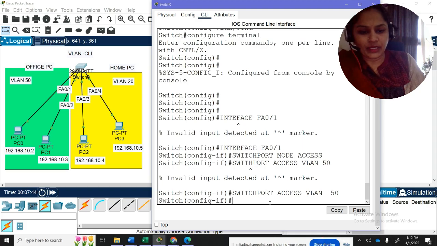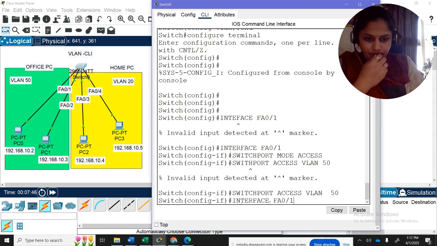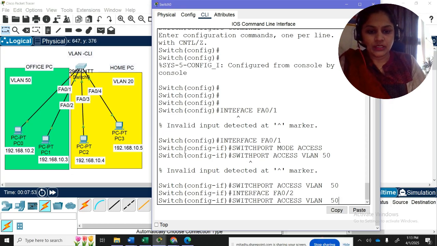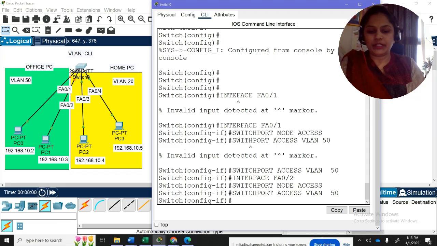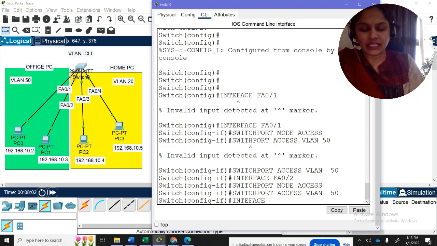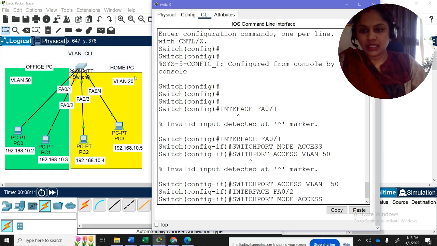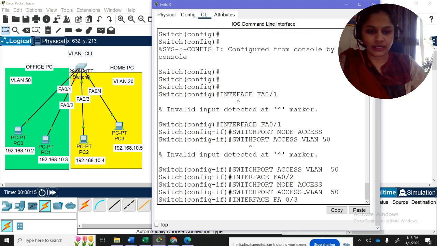And now interface 0/2. This interface I want to add again into this, so I can use this command and give the access to this particular interface. Now for the next interface, interface FastEthernet 0/3, we have to add this interface.